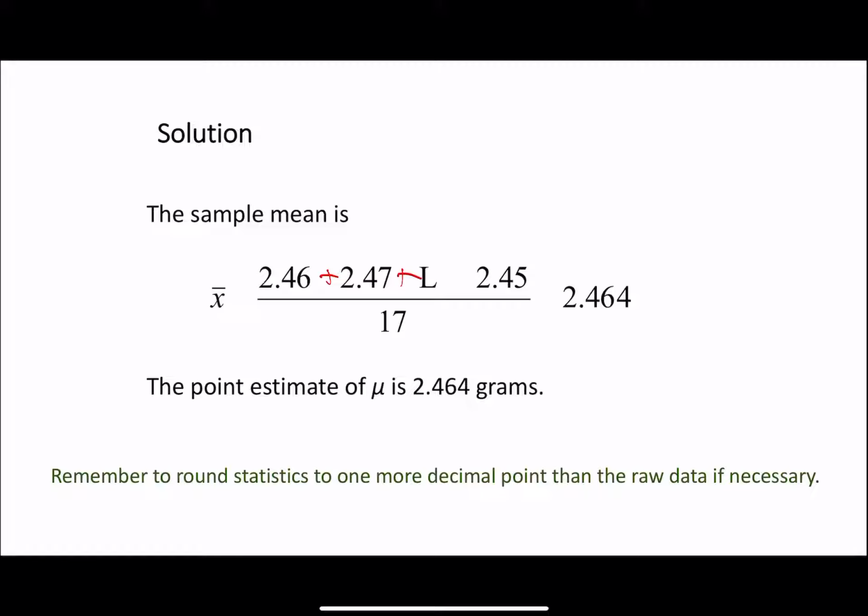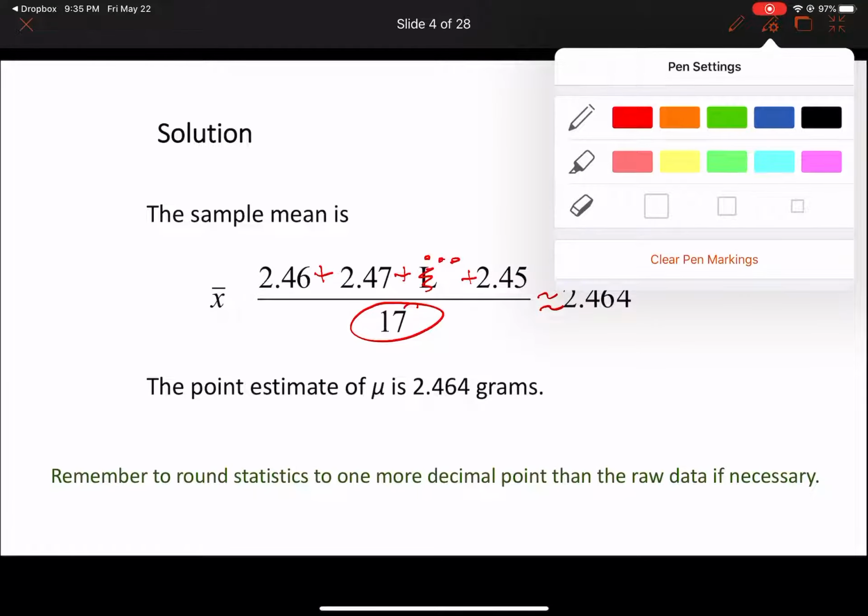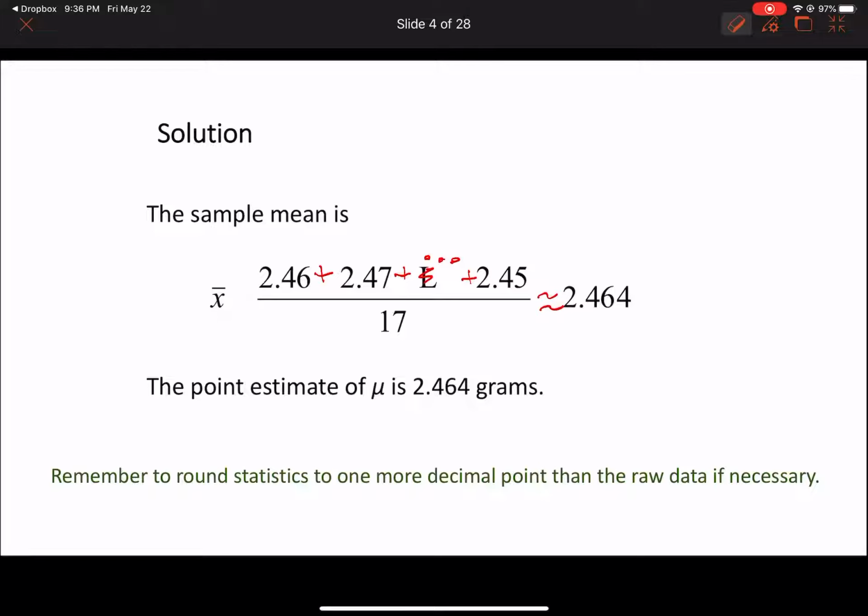I'm not sure what happened here. You know, we just add all those values together. I don't know why that says L. This shouldn't say L. This should just be, sorry, 2.46 plus 2.47 plus, and then this right here would just be dot, dot, dot plus 2.45. So we add them all together, divide it by n, by the number there are. There were 17 numbers there. And then we get our